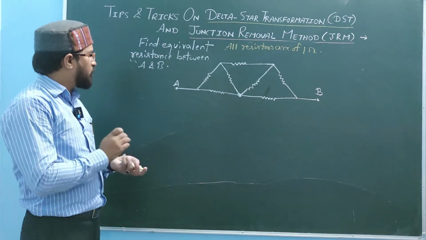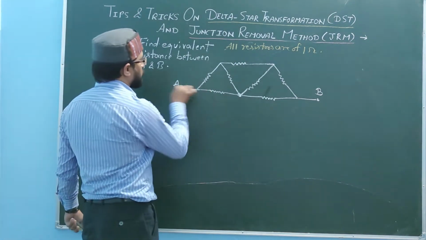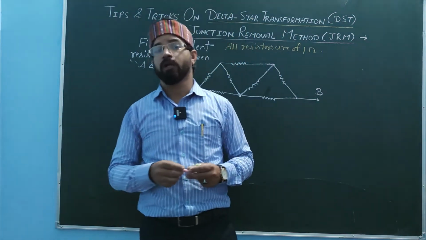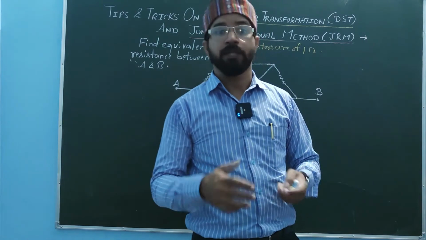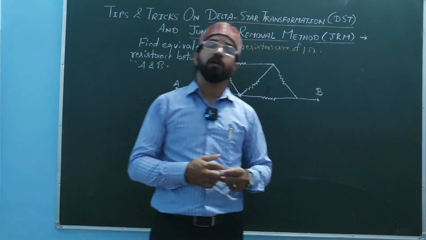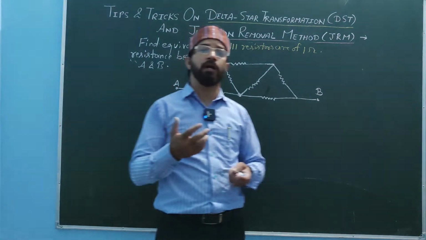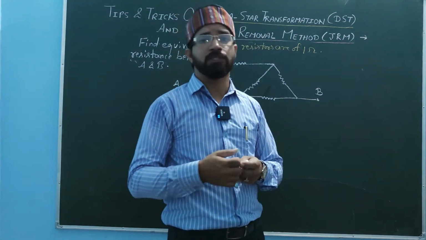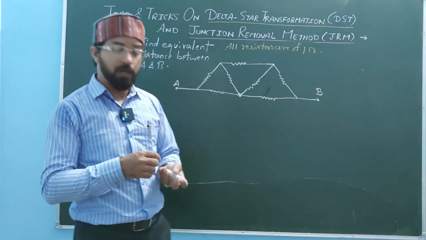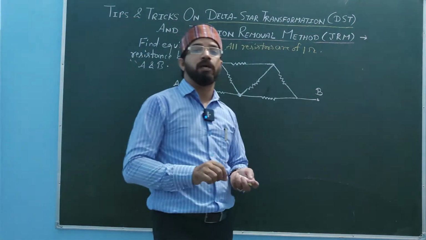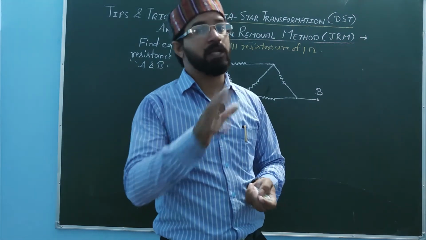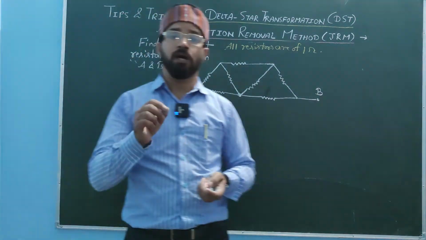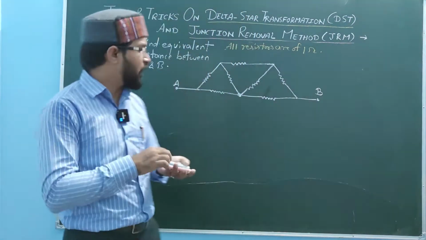Now how we are going to do it is by using junction removal, which means we will remove the junction, so there would be no importance of a junction. We can remove that junction only if it is not properly in use. It looks like a junction in the figure, but it is not necessary, so we can remove it. We are going to use symmetry here also. Only in a symmetric circuit can we remove the junction and use the JRM. Now you see how we will do it.